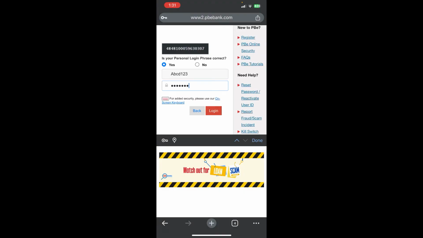And by chance if you have forgotten your password, you can simply click on reset password on the right side of the sign-in screen and complete the formalities and you'll be able to log in. So basically this is how you can log into Public Bank,